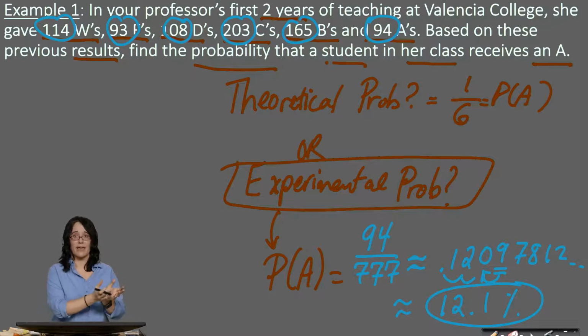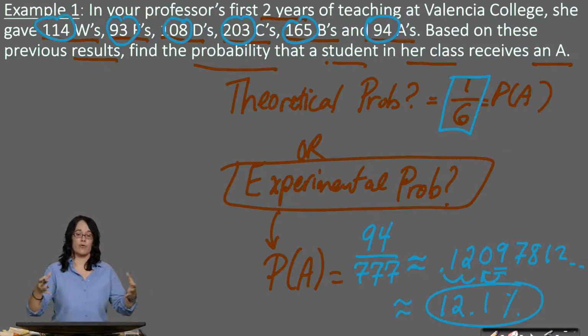So if I had in my hat an A, a B, a C, a D, an F, and a W piece of paper, and I picked it out, would that have been a better probability for you? Check it out. Go ahead and type in 1 divided by 6 in your calculator and see which number is bigger, right? Okay, so this is an example again of how experimental probability, if I continue to add more data